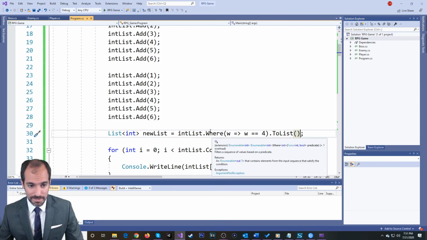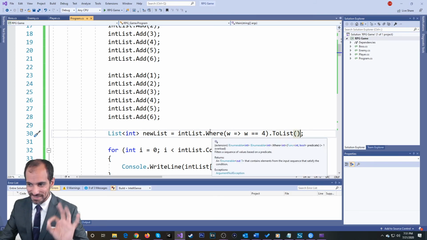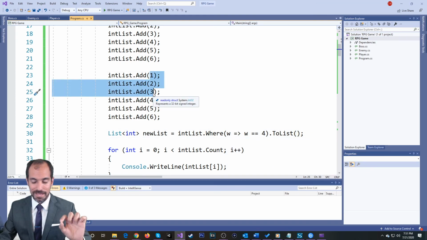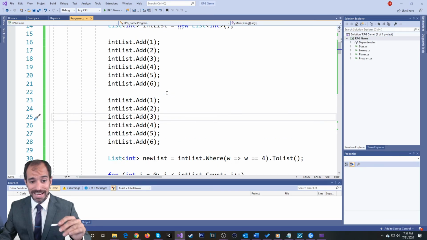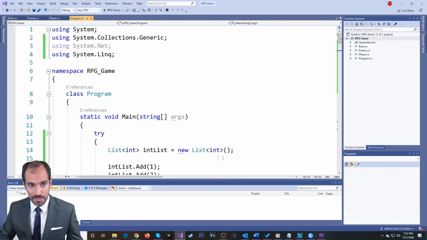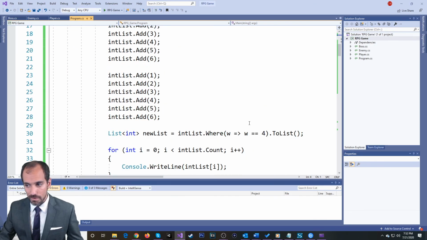And basically, I just did a lot of things there without necessarily explaining it, so I'll go through it now a lot slower. But this new list, give me a list of all the areas where W equals 4, where the item inside here equals 4. So in that case, I'm only going to get a list of 2 items, being this guy and this guy. And basically that is by using .where, which was included inside the System.Linq class or set of